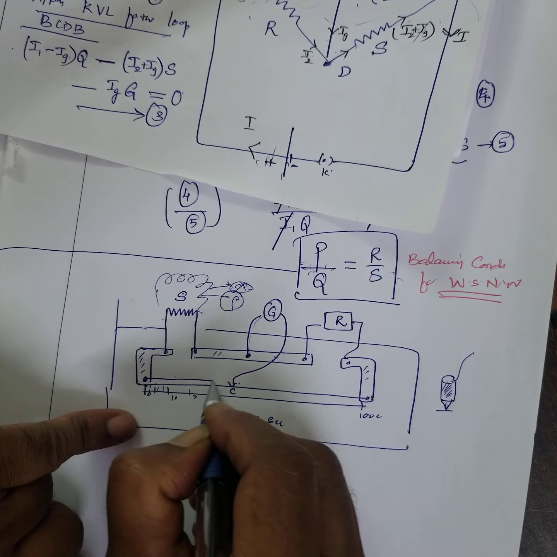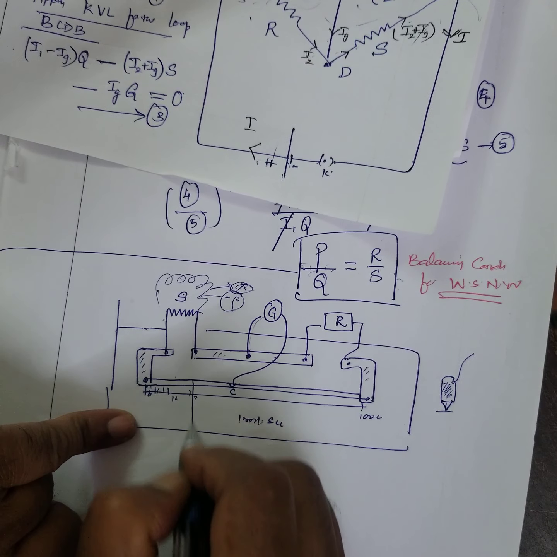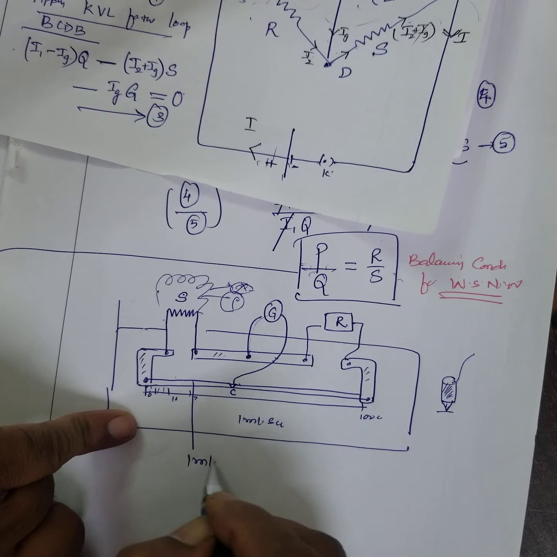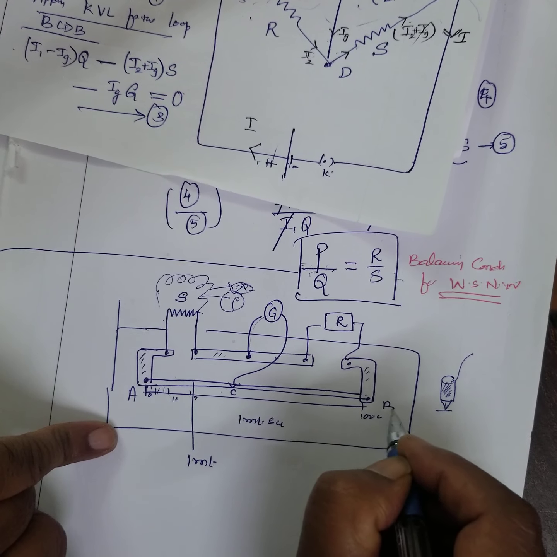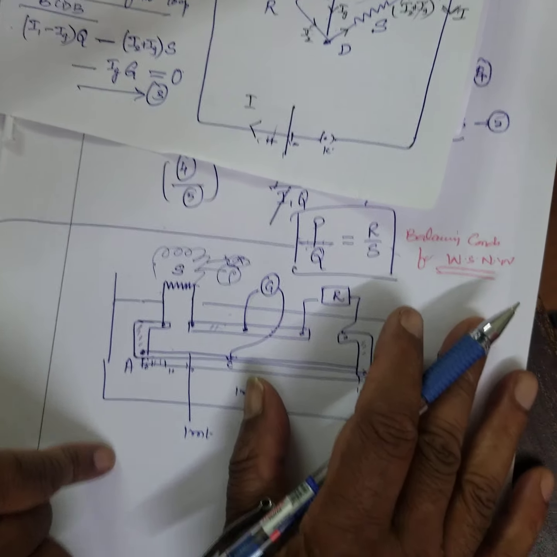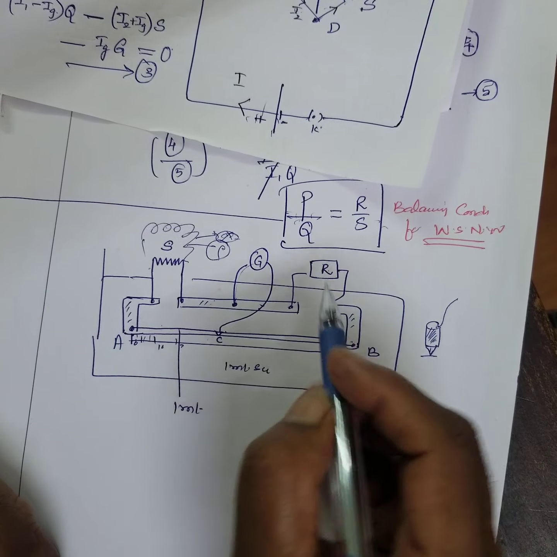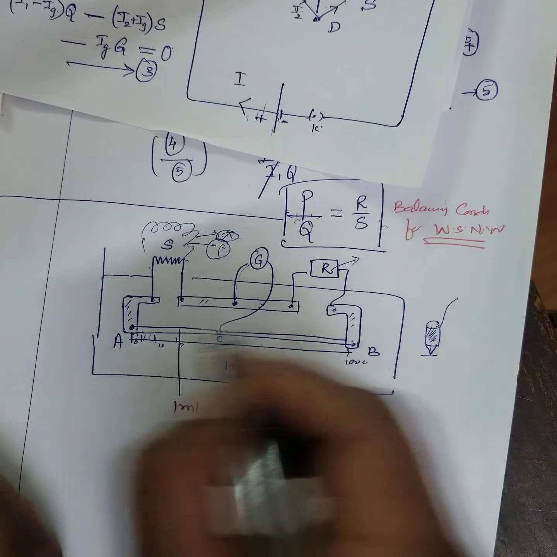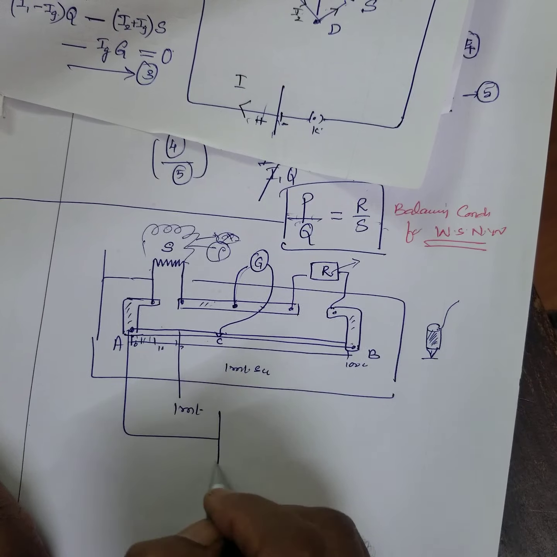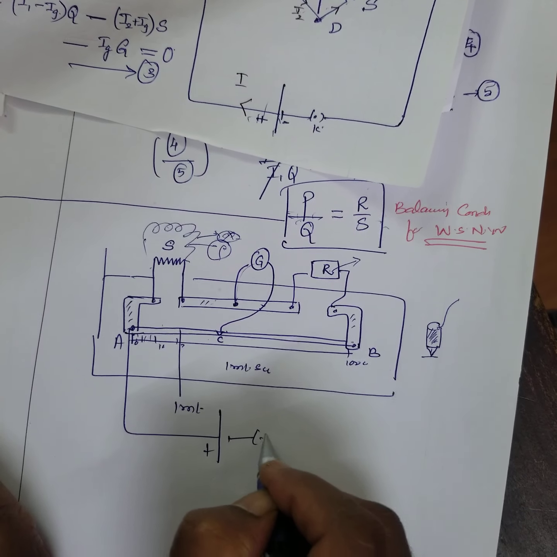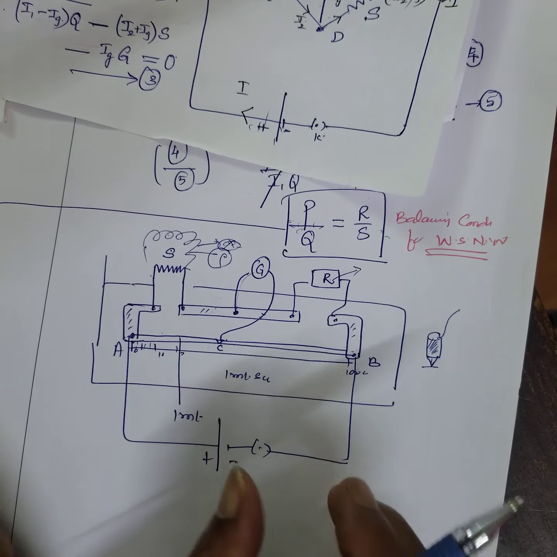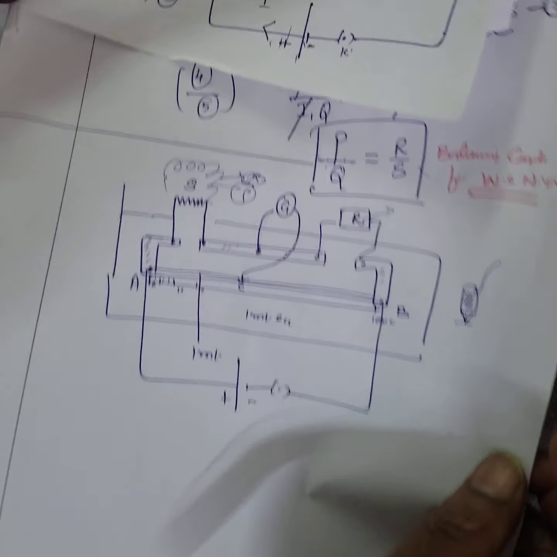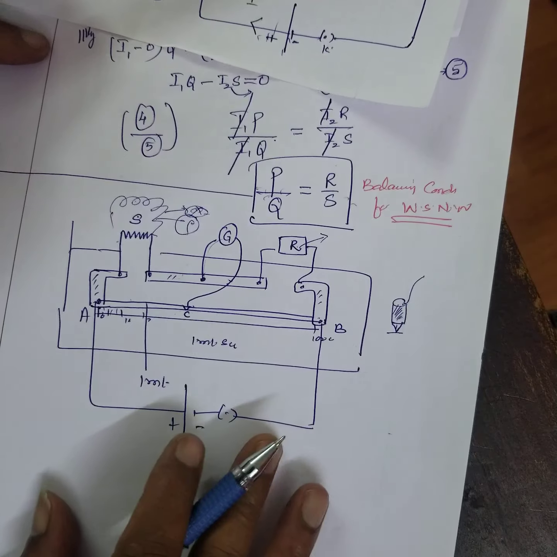And here, 1 meter wire, right? A 1 meter long wire. This is 1 meter. A metallic wire is connected between the ends A and B. That means you have done this experiment. You know what you have to do? Some unknown resistance. Here there's a battery, positive and negative. A plug key is kept. A Leclanche cell or Daniel cell, or they'll keep it here. This is a Wheatstone network.